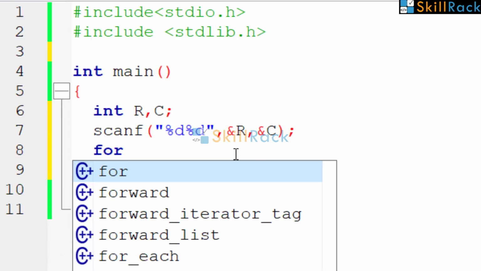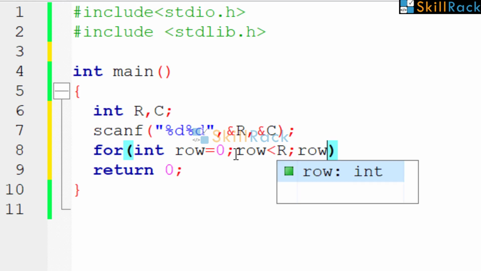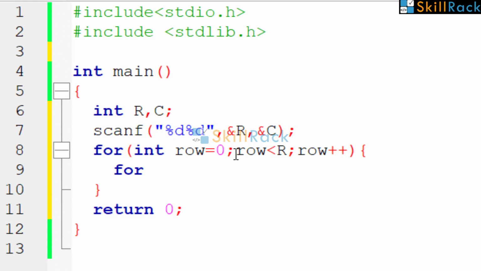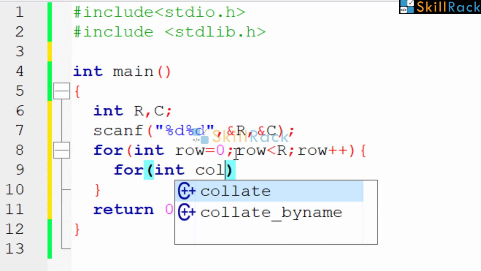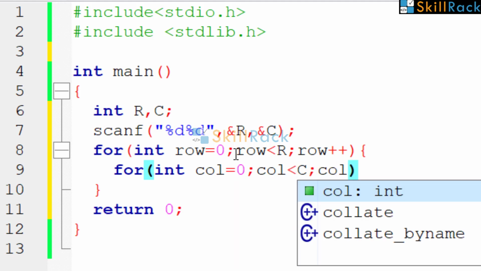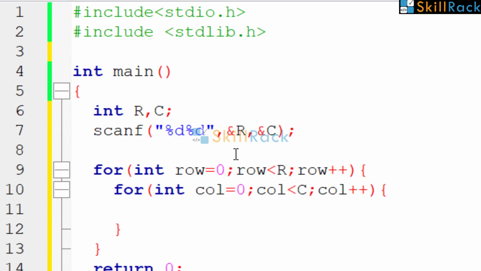So here I have accepted the values for R and C. So we will now accept the values for the matrix also. So row will be from 0, row less than R, row plus plus, so now we are going to accept the input values for the matrix.